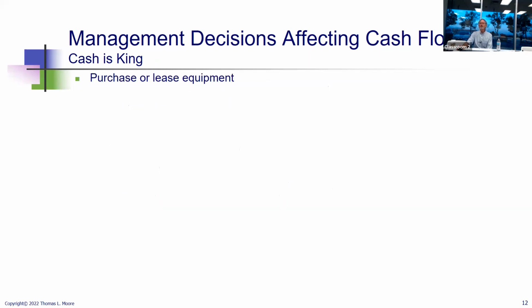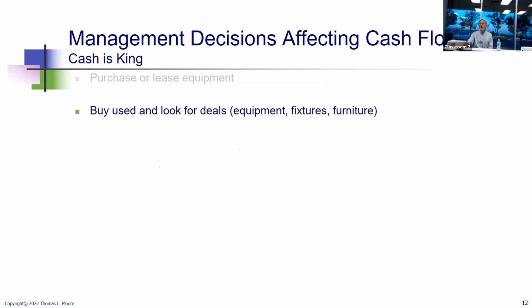Another kind of influence to cash oftentimes is the difference between purchasing or leasing equipment. One of the things that I think COVID taught us was that when businesses go out of business, they sell off their capital equipment, they sell off their office furniture, they sell off things, and there's a market out there for that. So look at buying used or look for deals, look for equipment, furniture, fixtures, those kinds of things on the open market as opposed to buying new, or as opposed to purchasing something that you have to finance. Maybe you can buy it outright,